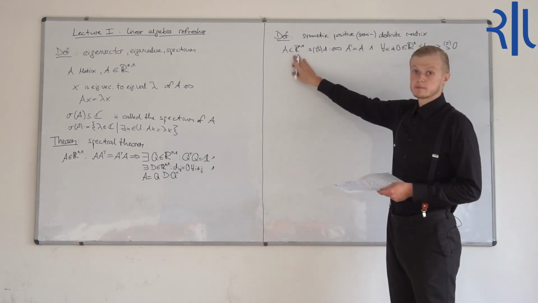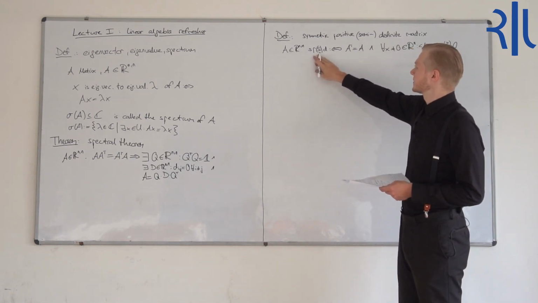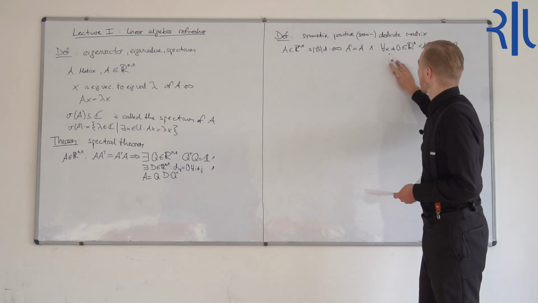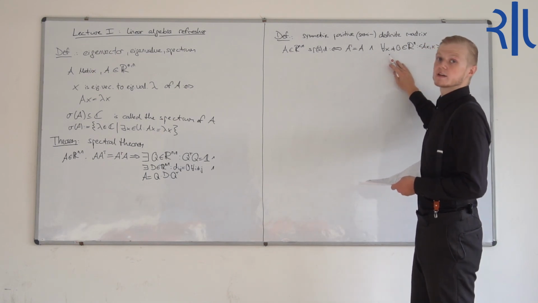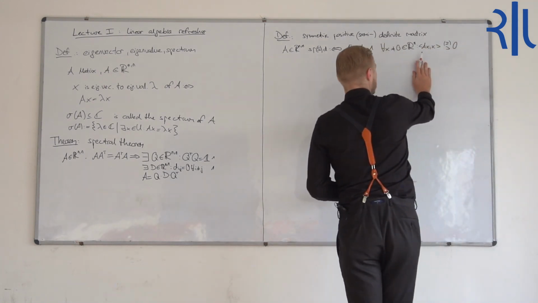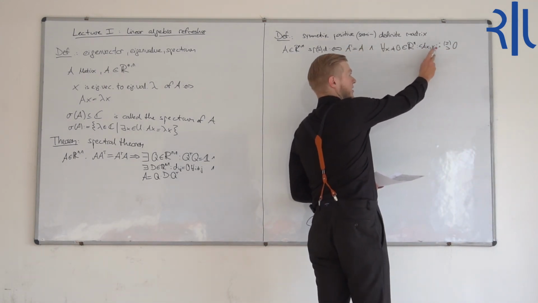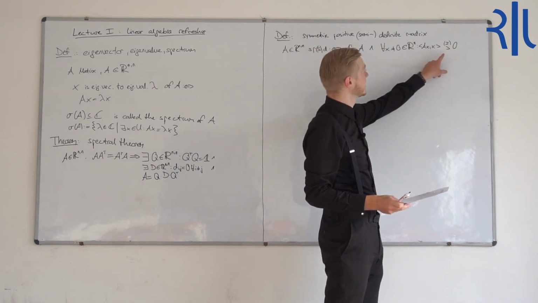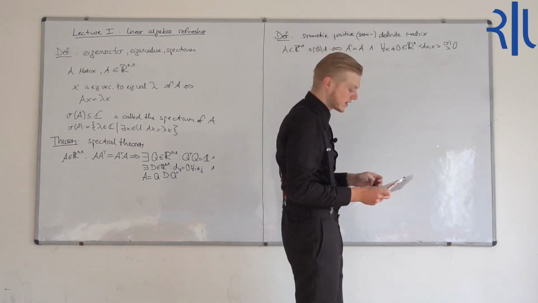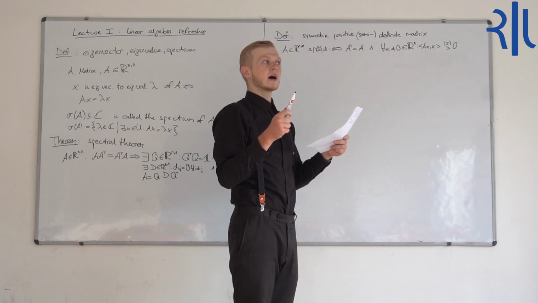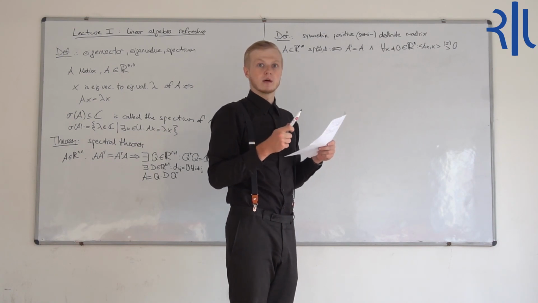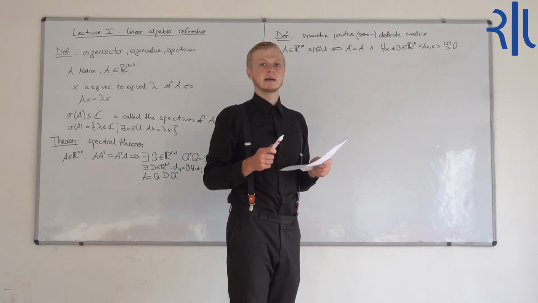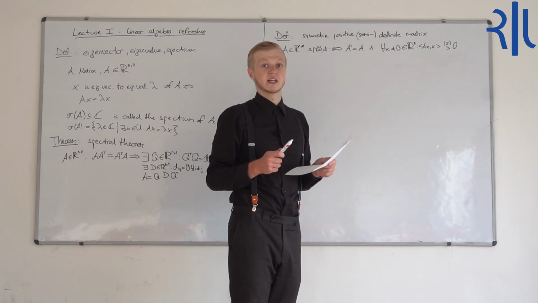A matrix mapping from Rn to Rn is symmetric positive semi-definite exactly if it is symmetric, that means A transpose is equal to A, and for all vectors x unequal to the zero vector, the scalar product of A times x with x itself is greater or equal than 0 if it is semi-definite, and if it is definite, it must be greater than 0. So that means that when you apply A to x, when you look at the image of x under A, it will still point